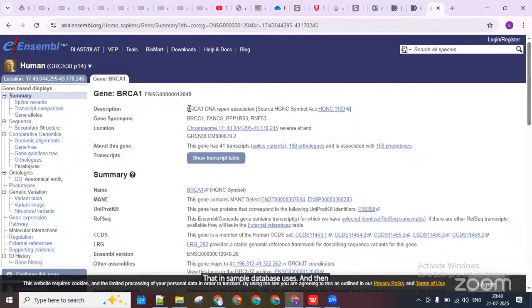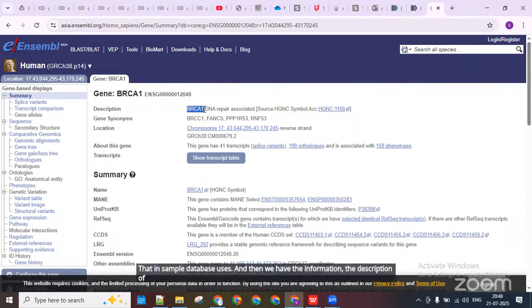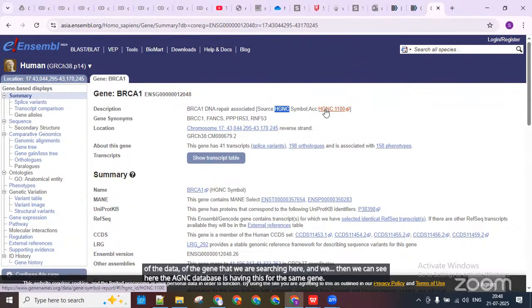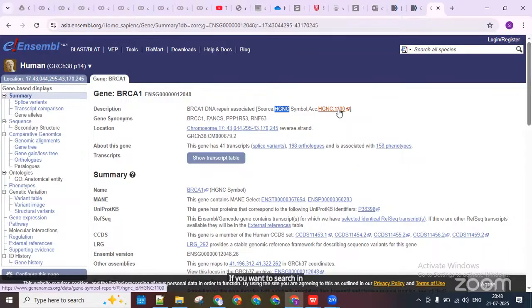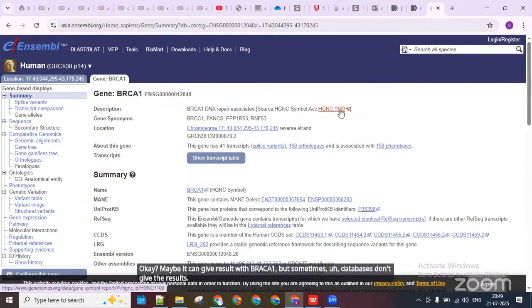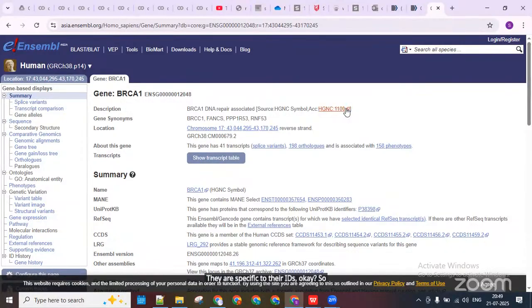And then we have the description of the data of the gene that we are searching here. And then we can see here the HGNC database is having this for the same gene. If we want to search in the HGNC database, then we need to use the keyword 110, not BRCA1. Okay, maybe it can give a result with BRCA1, but sometimes databases don't give the results. They are specific to their IDs. So accordingly we should be aware of these IDs, but if we don't, then we can always come to